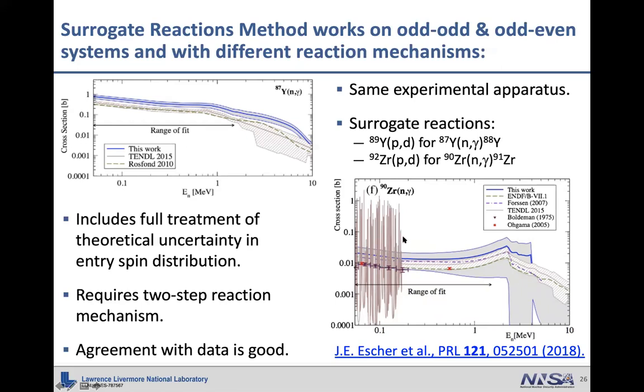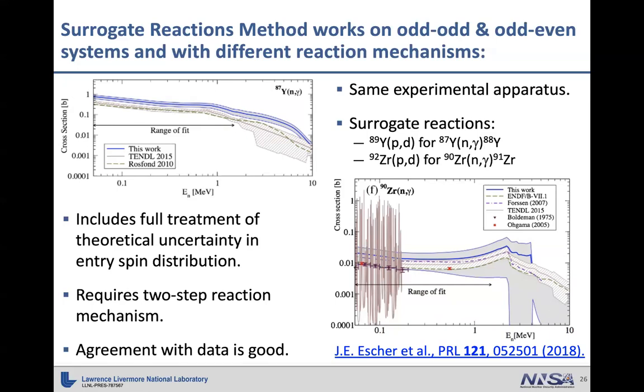So having demonstrated that this works, they did the first measurement on a radioactive target, and this was yttrium 89 PD for yttrium 87 neutron capture, and yttrium 87 is radioactive, so this is quite difficult. And these are the cross sections that they extracted from this. Then here are the evaluations, which of course are made in the absence of any data. This is a much more complicated case. It requires a two-step reaction mechanism because you're making a hole in the target, but the agreement with data is good. So I would say that between these two things, you can be pretty confident that the surrogate reaction method can be used to extract